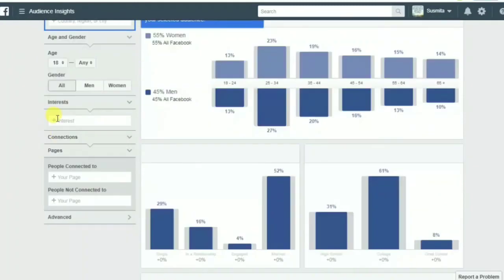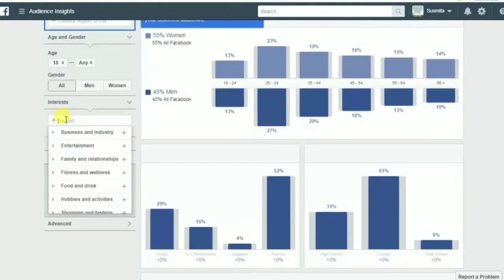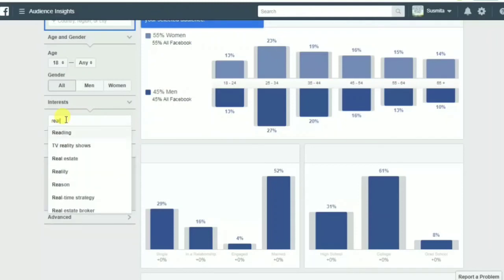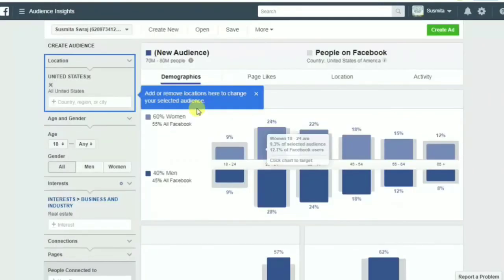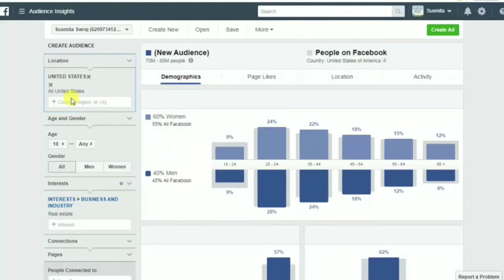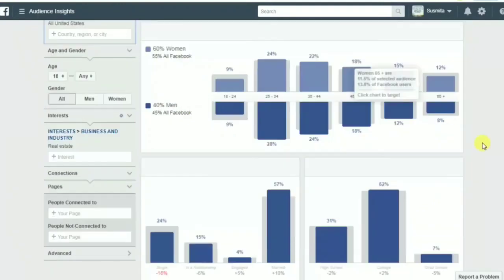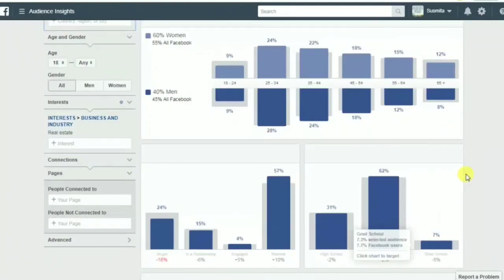And then come to the interest section and just type here real estate. As you type real estate, you will see that in the United States there are 70 to 80 million people who are interested in the real estate industry, right?